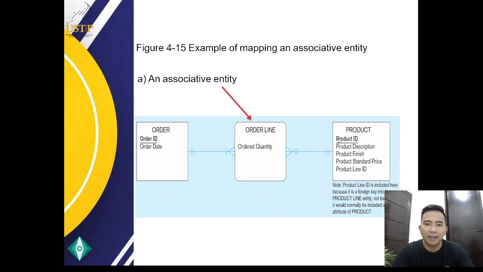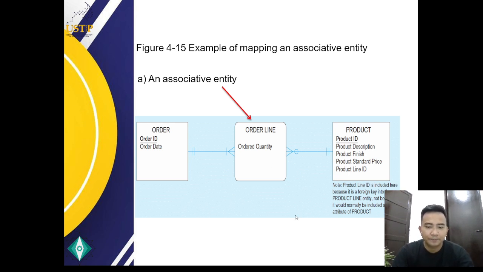The order line has the following attributes: order ID, a foreign key referencing the order; product ID, a foreign key referencing the product; order quantity; and product line, a foreign key referencing a product line. The key point here is the associative entity: the order line entity is an associative entity because it represents the association between two other entities.